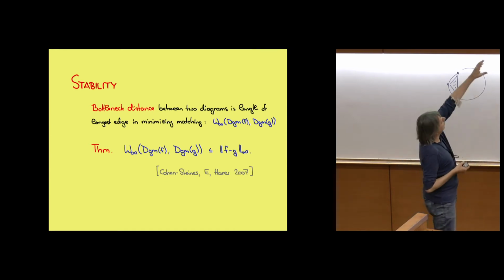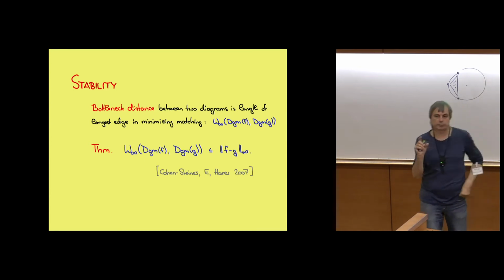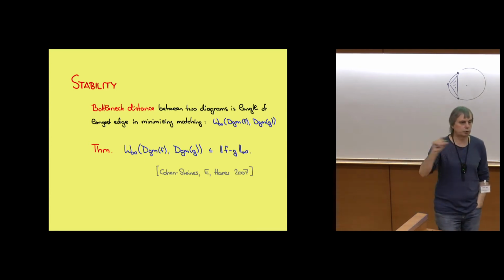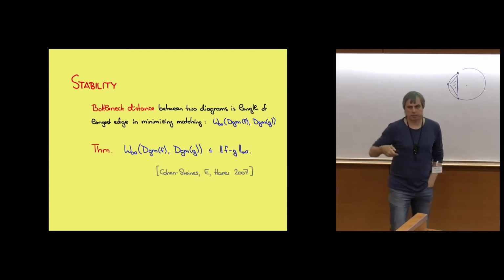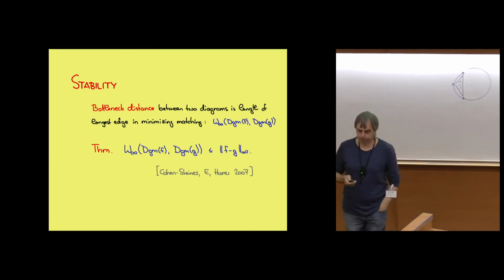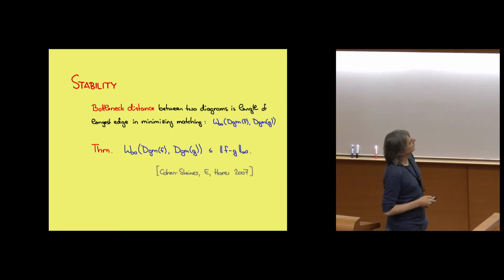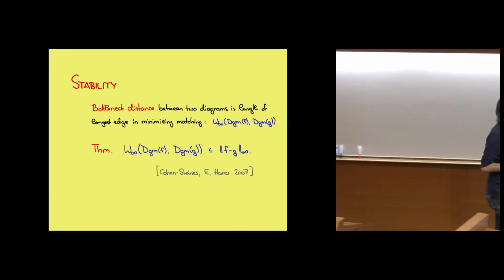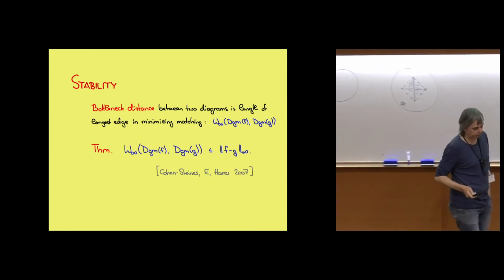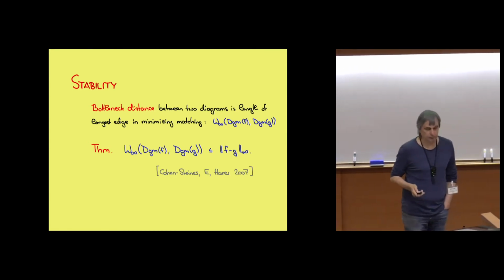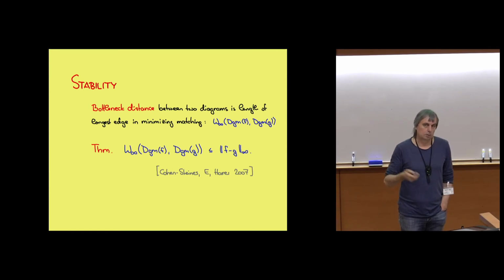And therefore, I have the bottleneck distance. The bottleneck distance between diagrams is this: I have a matching between two diagrams, it's the length of the longest edge, and I minimize the length of the longest edge in the matching. Okay, so we proved this a few years after starting with this persistence diagram. And this is one of the most important theorems because it tells you that persistence diagrams give you a reliable measure of a shape.